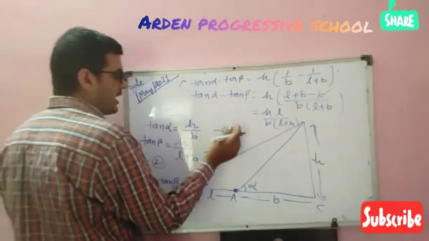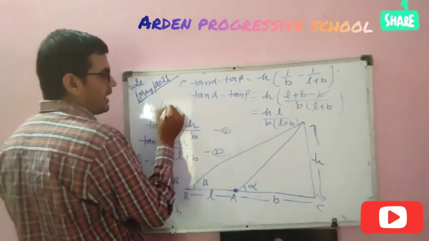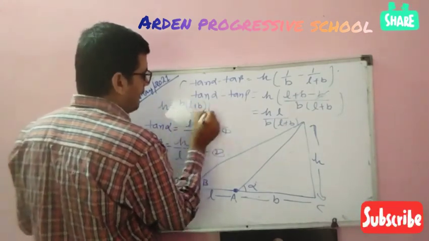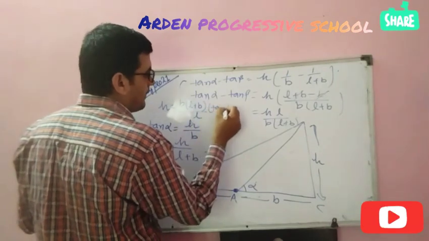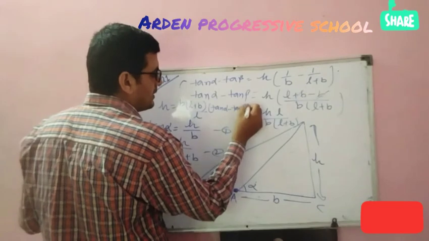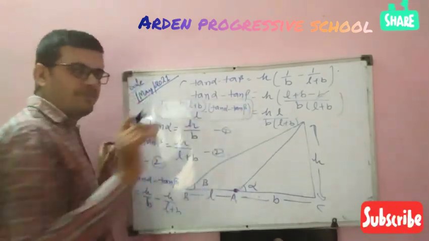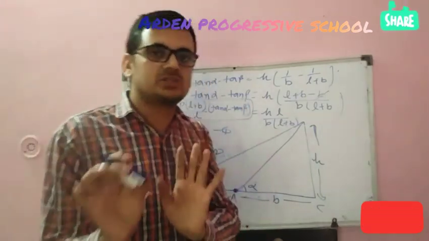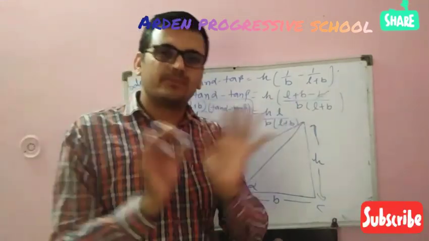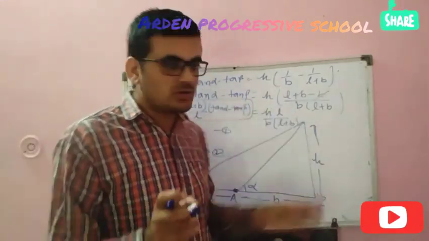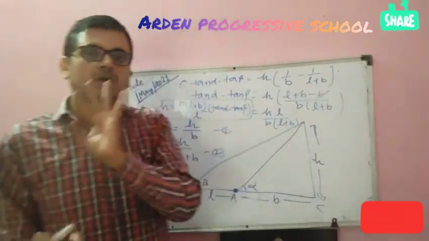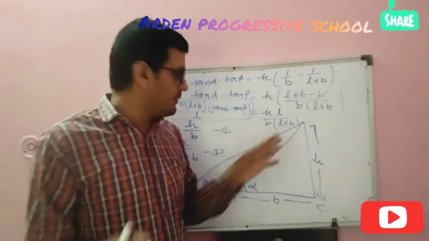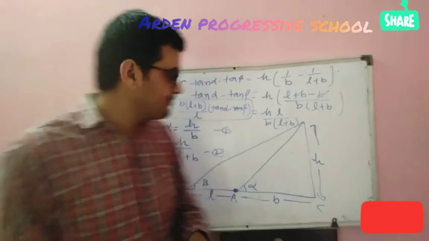So how will you calculate the height? The height equals b into L plus b tan alpha upon L, tan alpha minus tan beta. Students, these are very basic and not much important. Don't worry. If any problem, I will discuss all these in Google Meet also. These are not so important from the examination point of view, but they are in your syllabus, that's why I am discussing. Don't worry how much calculation this is.